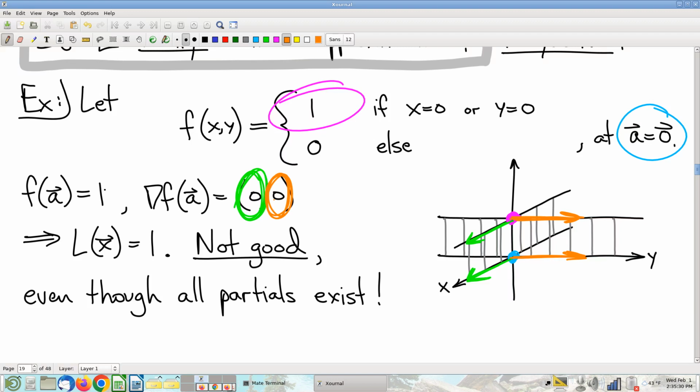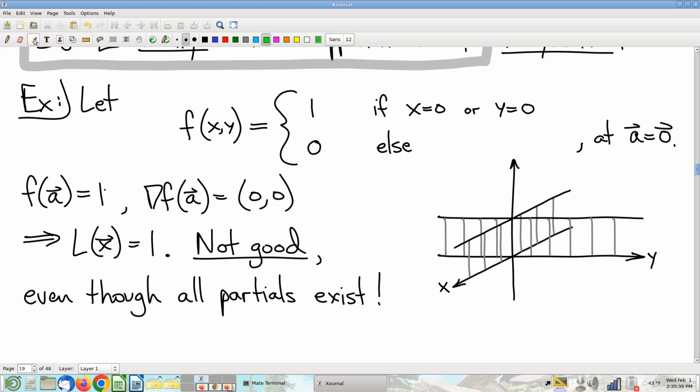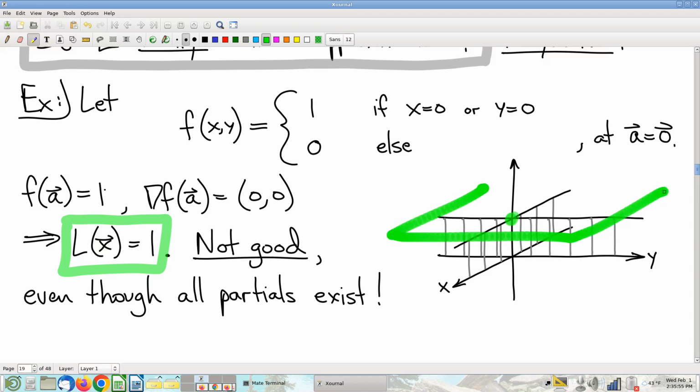So there's no problem at all in writing down what the linear approximation of this function is. Our existing formula for linear approximations gives just 1. So let me draw a picture of this candidate linear approximation. It is just this plane up here where z equals 1. Is that a good approximation of the function,